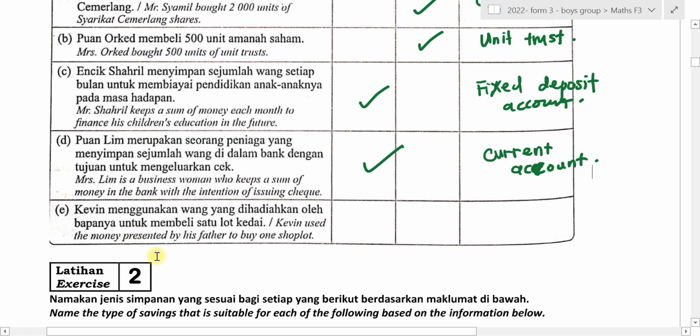Kevin used the money presented by his father to buy one shop lot. To buy a shop lot, to buy an apartment, this is all under investment, we call it real estate. You can make a lot of money from here. But the thing is, you need to